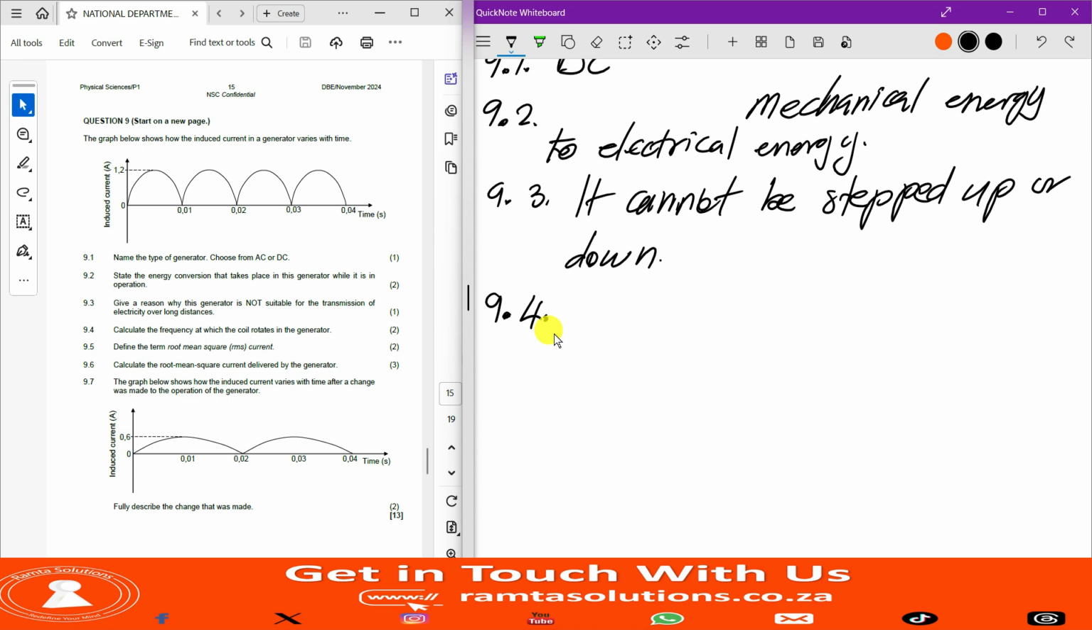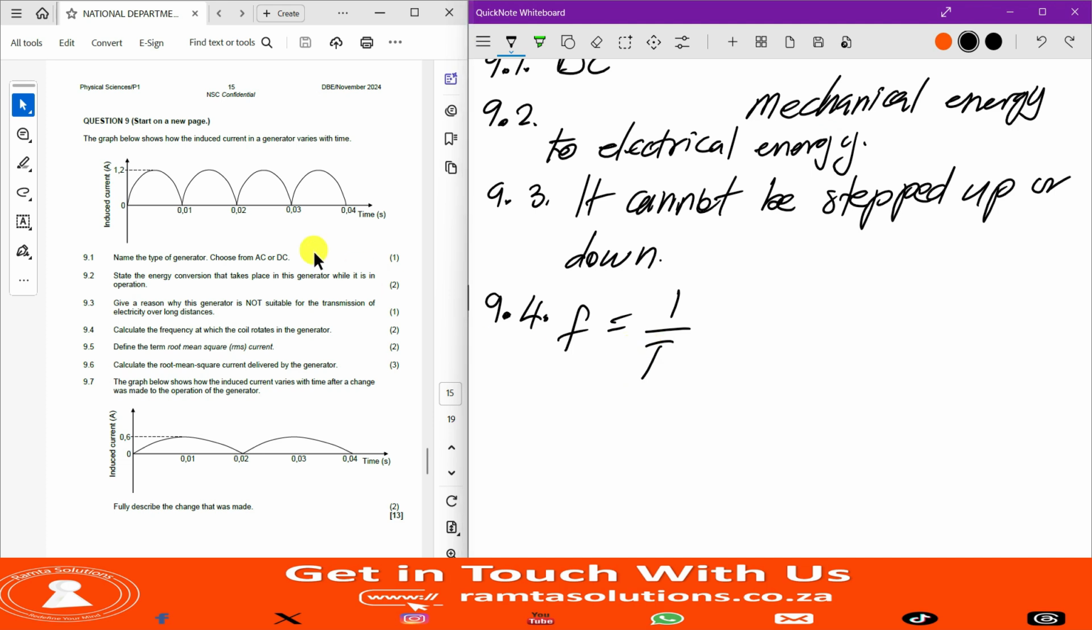Now, calculate the frequency at which the coil rotates in the generator. In grade 10, when you spoke of frequency, you said it is the number of waves or pulses that are passing a point per second. When you look at this, it is not a complete wave, it's half a wave. As it gets here is a complete wave. So you do recall frequency equals 1 over